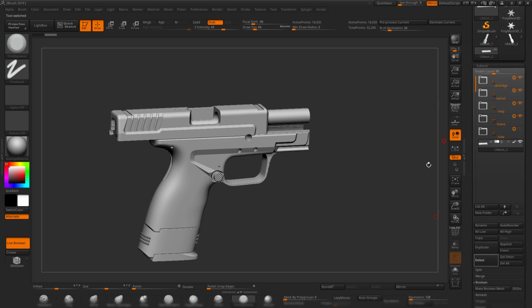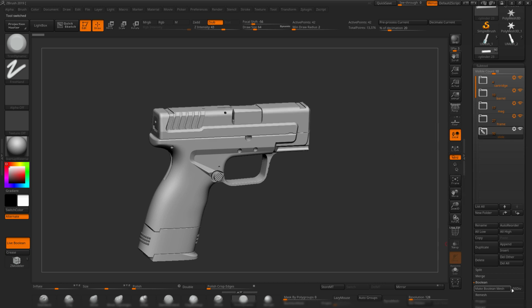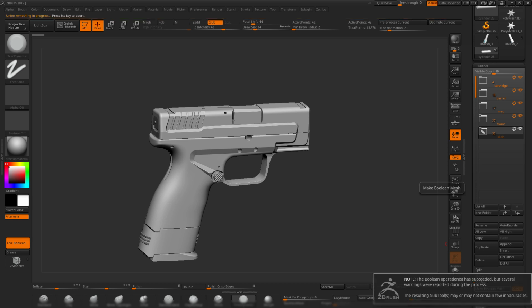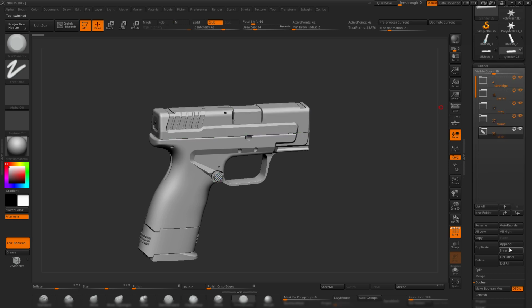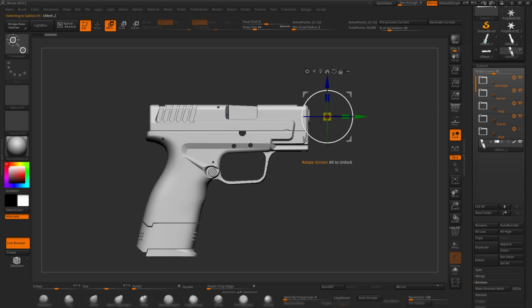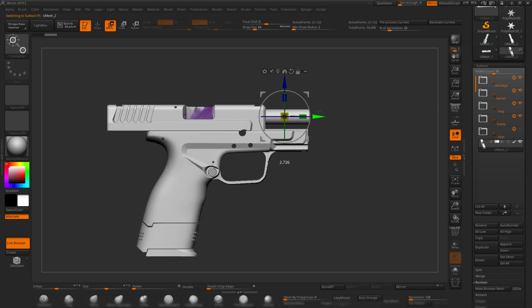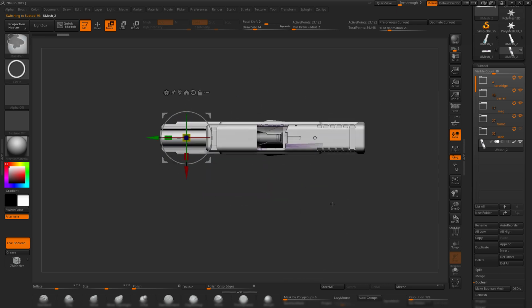Delete this one. And turn on the slide. Make Boolean mesh again. Yep, no problem. Here it is. Select slide. Go back in here and append it. Right there. Turn off this slide. And now move it right there. Yeah, everything in the places. Turn off polypaint for those weird